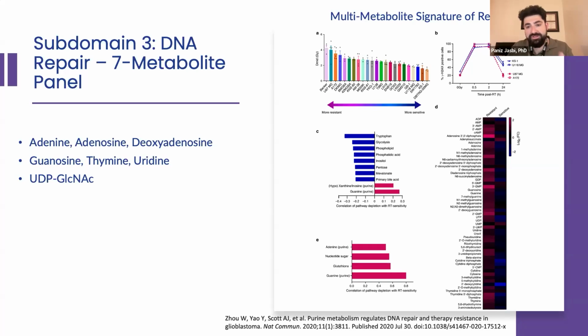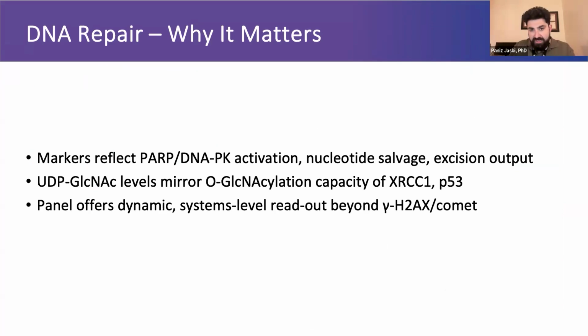This figure from Nature Communications shows radio-resistant glioblastoma cells with elevated purines and UDP-GlcNAc, proof that the networks work in concert. When PARP and DNA-PK sort of light up, NAD plus and ATP fall. So the adenosine adenine ratio tells us exactly when the tank is empty. UDP-GlcNAc storage means that XRCC1 and p53 can't properly become glycosylated. So this leads to a sort of a sloppy